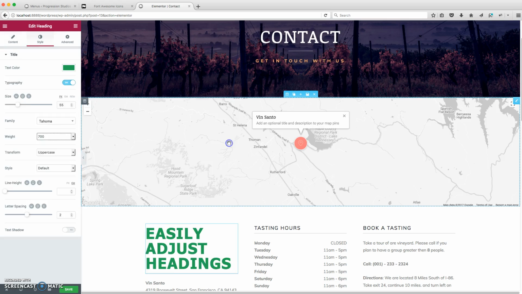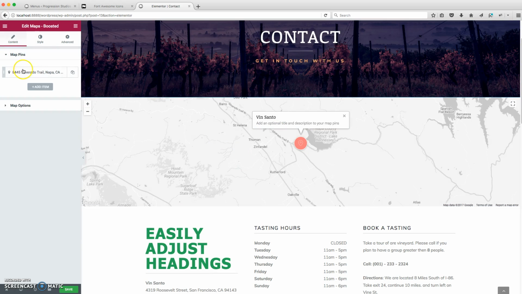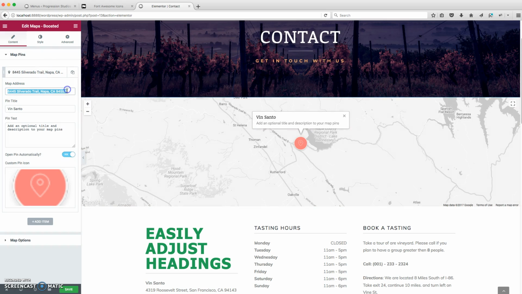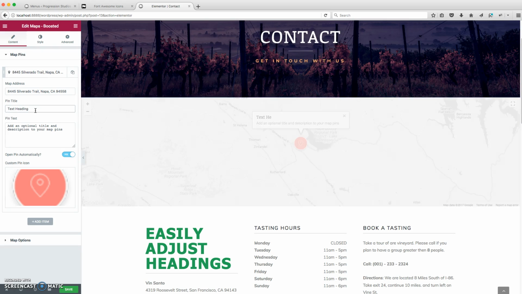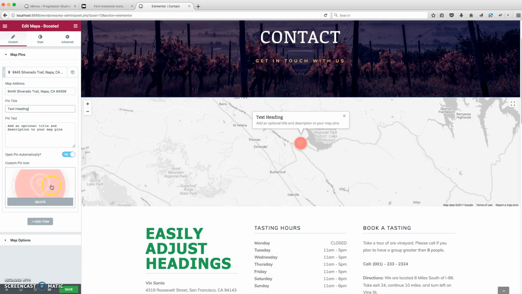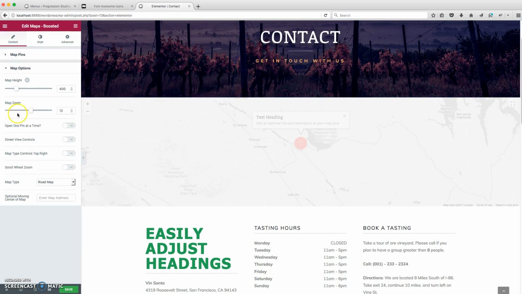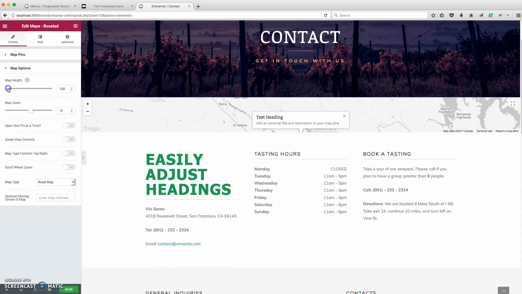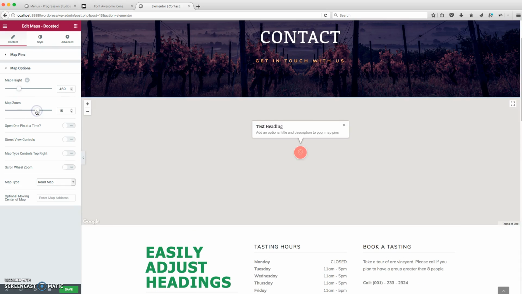So let's also go ahead and click on the map and edit the map. If you want, you can add more items to the map, or you can edit existing ones. You can edit the address, what text shows up, even the little icon. And then you can click on options if you want your map to be taller or shorter, if you want the zoom to be higher,